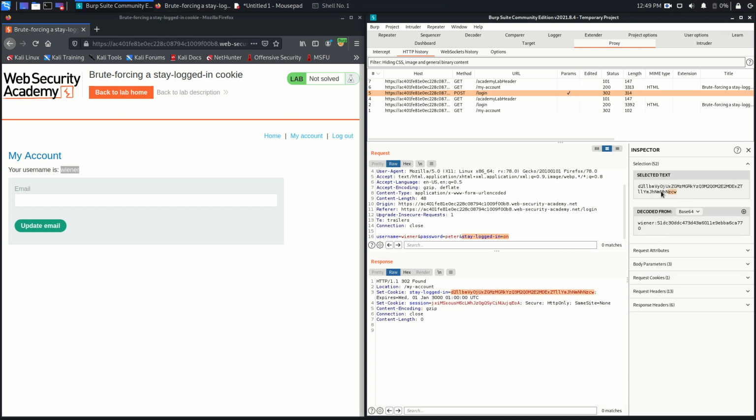You will find that section here. Because this inspector is very smart, it detects that this is a base64 encoded value. So the inspector automatically decoded that value with base64, and the decoded value you can see is like this: the username, then a colon, and then something else. If we count these characters: 1, 2, 3, 4, 5, 6, 7, 8, 9, 10, 11, 12,